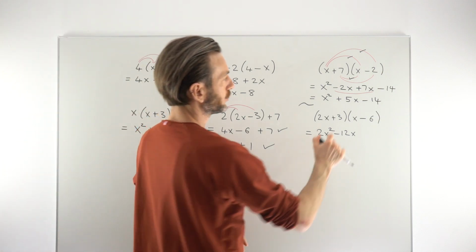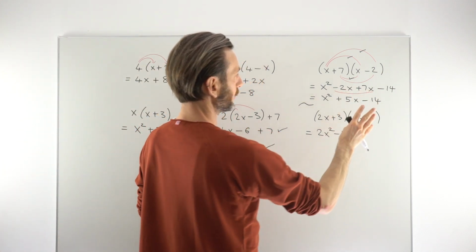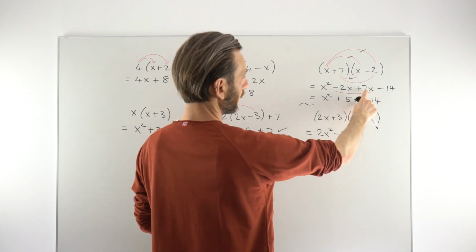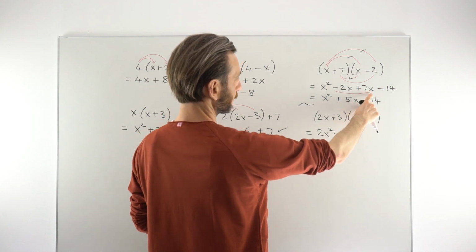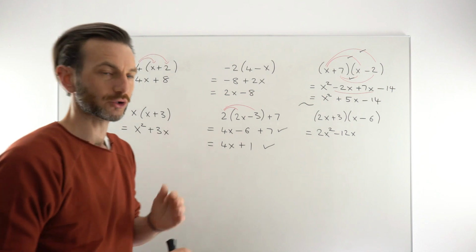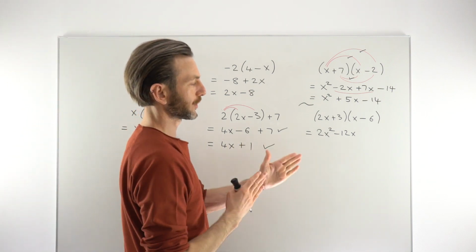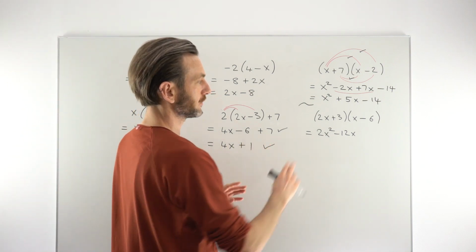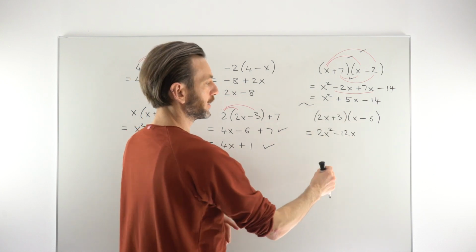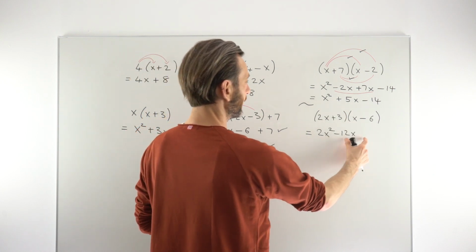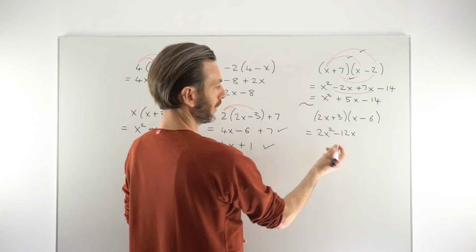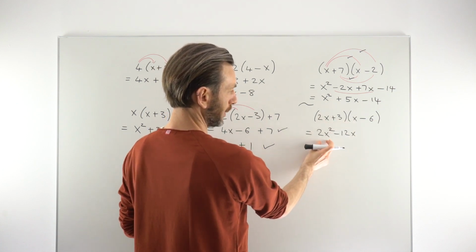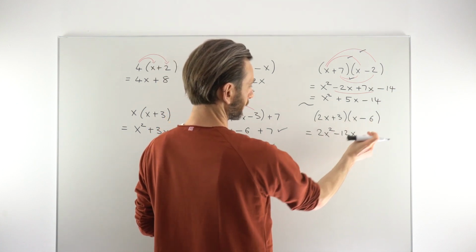I was going to just say the two middle terms, you can kind of do those in either order. So it would be okay if you did the 7x first here, then the minus 2x. That's maybe personal preference, or it depends on how you learn this technique. There's different ways to order them, but you should really go square term, then the x terms, and then the number term. So I've gone 2x times x to get 2x squared, 2x times negative 6 to get that guy,